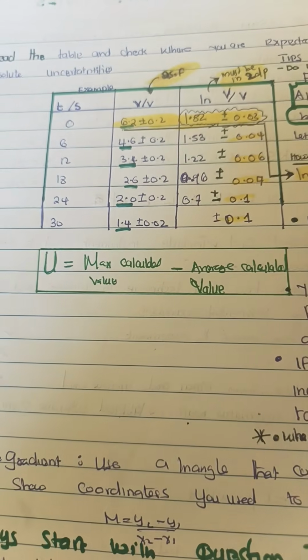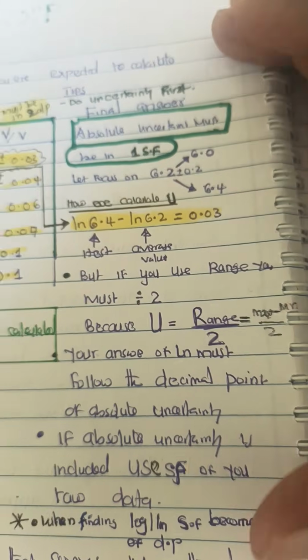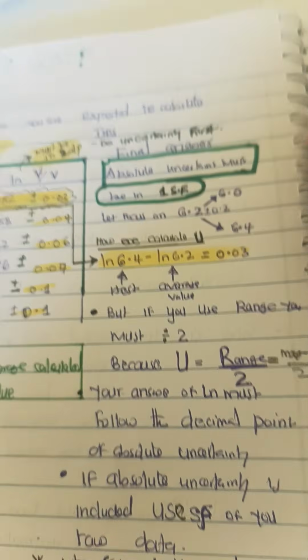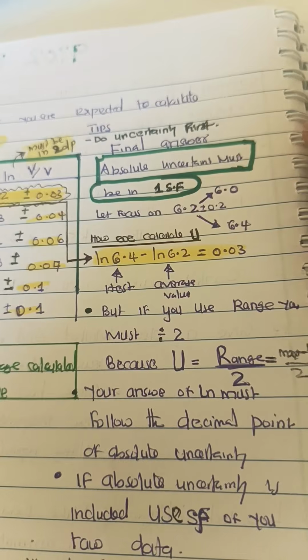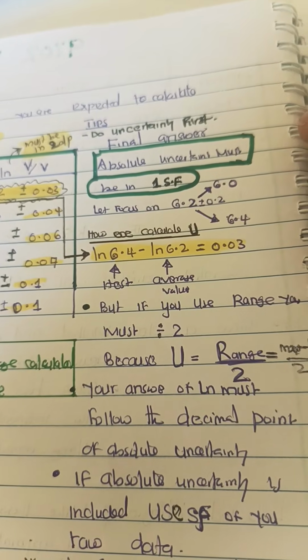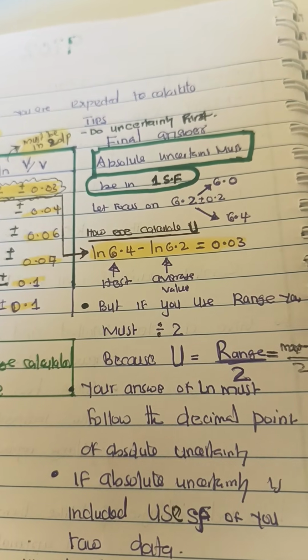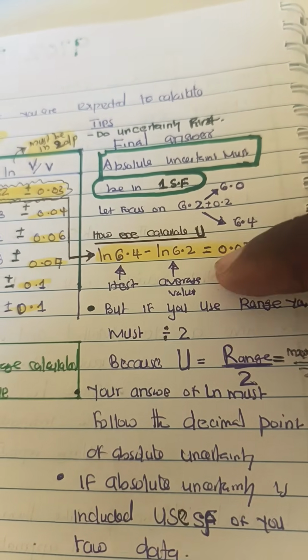They were also supposed to calculate the uncertainty for that. So what you need to remember is a few things here that I've tried to highlight. The tips for uncertainty: how do you find uncertainty? How do you find or calculate